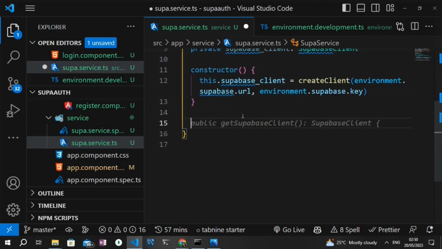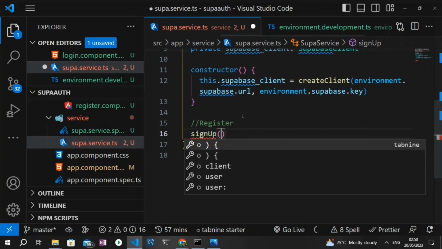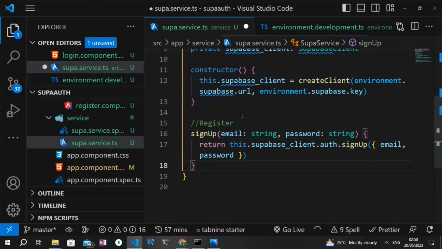So with that, we can now create this register and the login function. So the first function is going to be called register for us to register an account. So I'm just going to say sign up, and then it requires two fields, the email and the password. So I'm just going to say email, which is type of string, and then I'm going to return this dot supabase underscore client dot auth dot sign up, which is for the email and then the password. So this is the function to register a new account in Supabase,